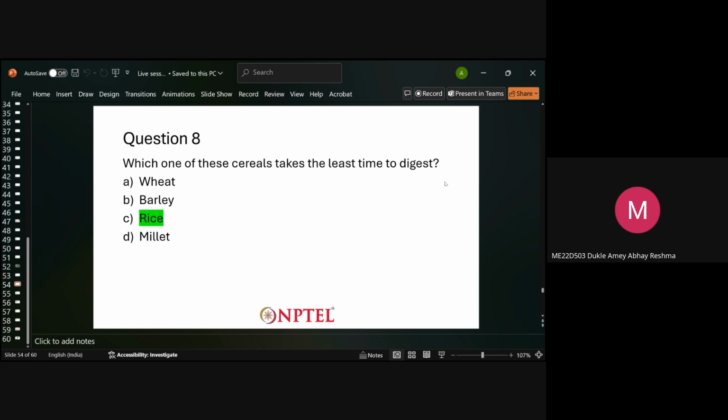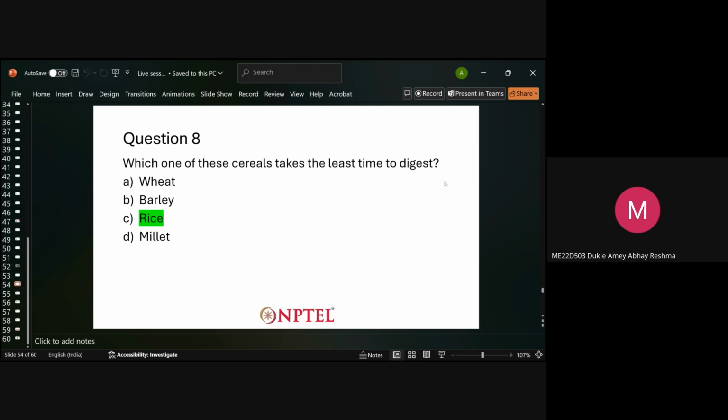The people who would work on the farms or do some physical work would mainly rely on wheat or millet or barley, whereas rice would be taken as a luxury earlier. So the kings and all would be eating the rice because they would not do too much physical activity, and they had a lot of money. So basically rice would take very least time to digest, so they'd feel hungry within a very short span of time. But those who eat millets like ragi or bajra would eat in the morning